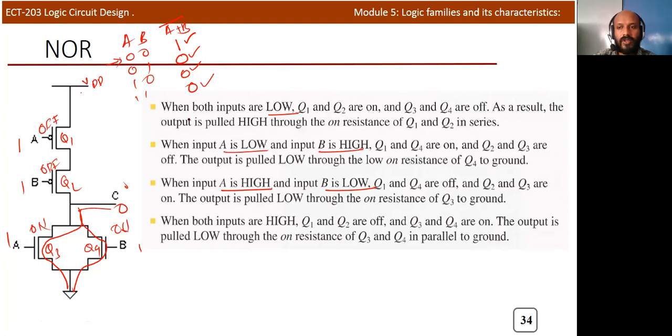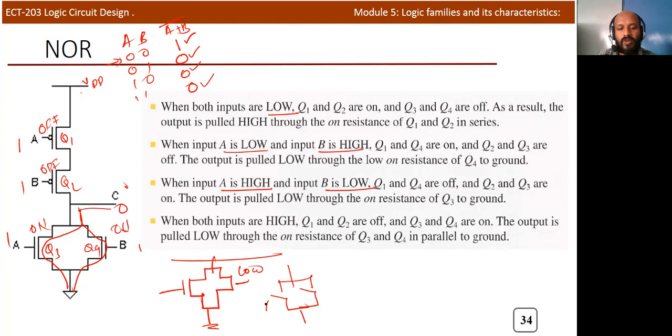It is very easy to identify. The given figure is a NOR in CMOS. Just look at the lower portion. If the lower portion is connected in parallel, that is, the NMOS logic is connected in parallel, meaning two transistors are connected in parallel, these two transistors are connected in parallel. It is equivalent to two switches connected in parallel.